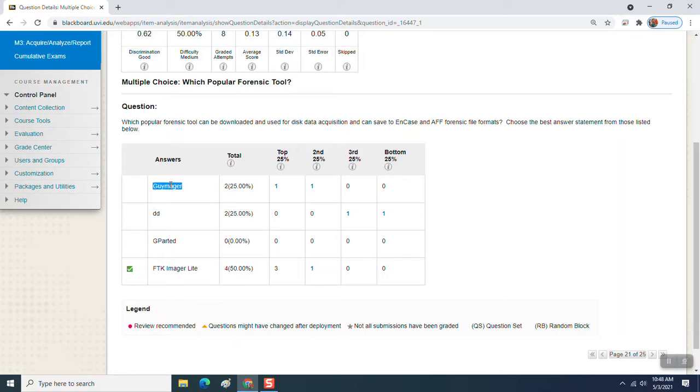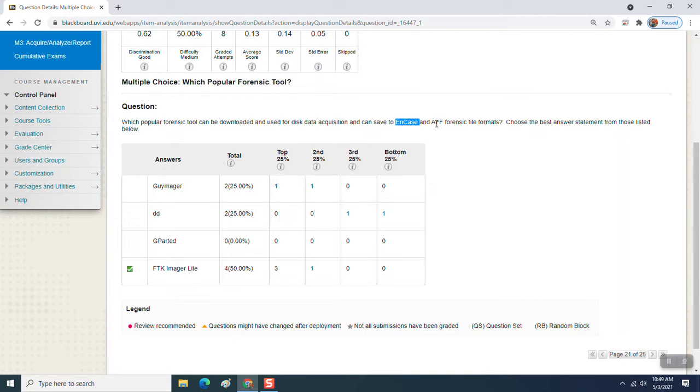Well, Guymager is open source. It's not going to save to a proprietary ENCASE format, although it may be able to save to AFF. DD is going to save a raw data image. It's not going to save a specific forensic file format. GParted is an open source disk partition tool. It has nothing to do with forensics. That's a bogus answer. But FTK Imager Lite speaks the language of other forensic toolkits, including ENCASE, and does save